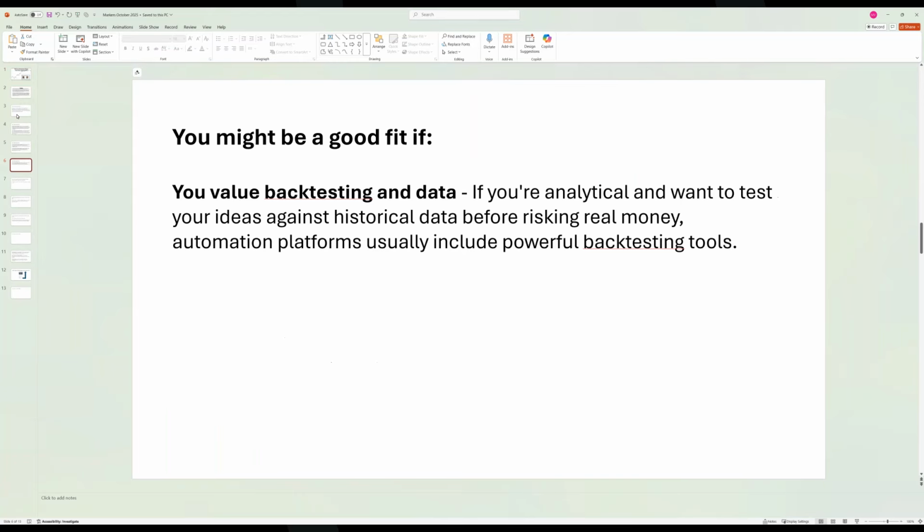Maybe you value back testing and data, right? If you're analytical and want to test your ideas against historical data before risking real money, automation platforms include powerful back testing tools, and you could do that with markers, right? You can run sort of historical testing to see how well your system did. Okay, and I know a question that comes up a lot is